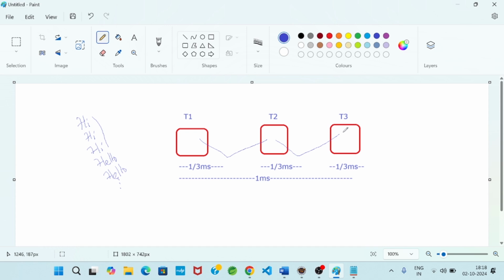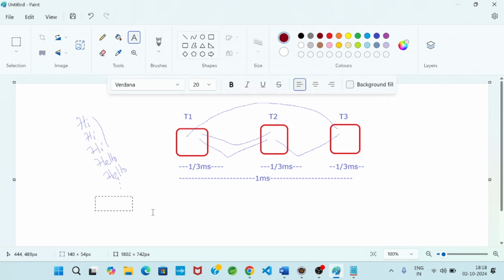If time is remaining, then the control will go again to T1 for executing the remaining portion. Then control will go again to T2.